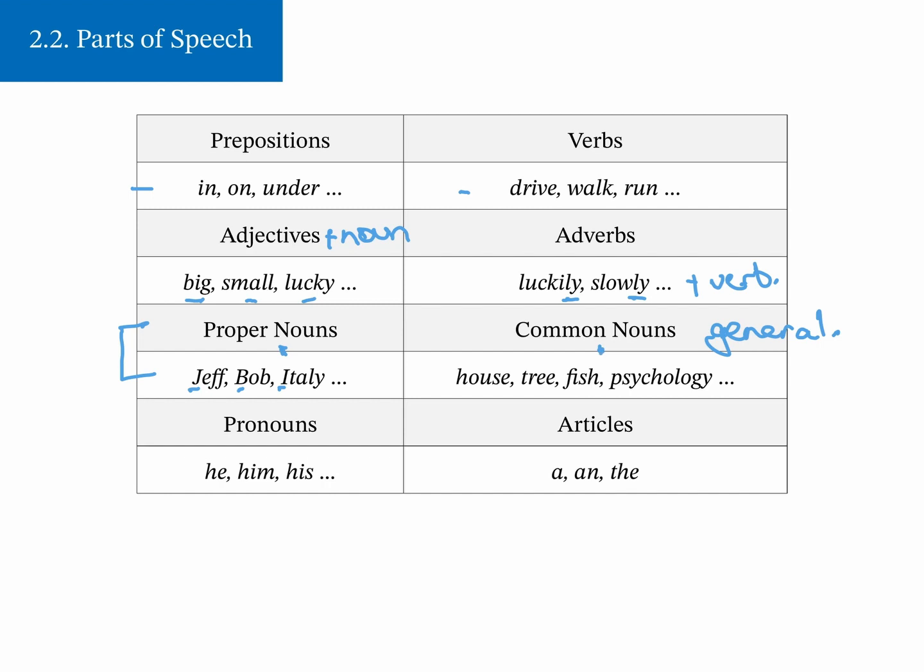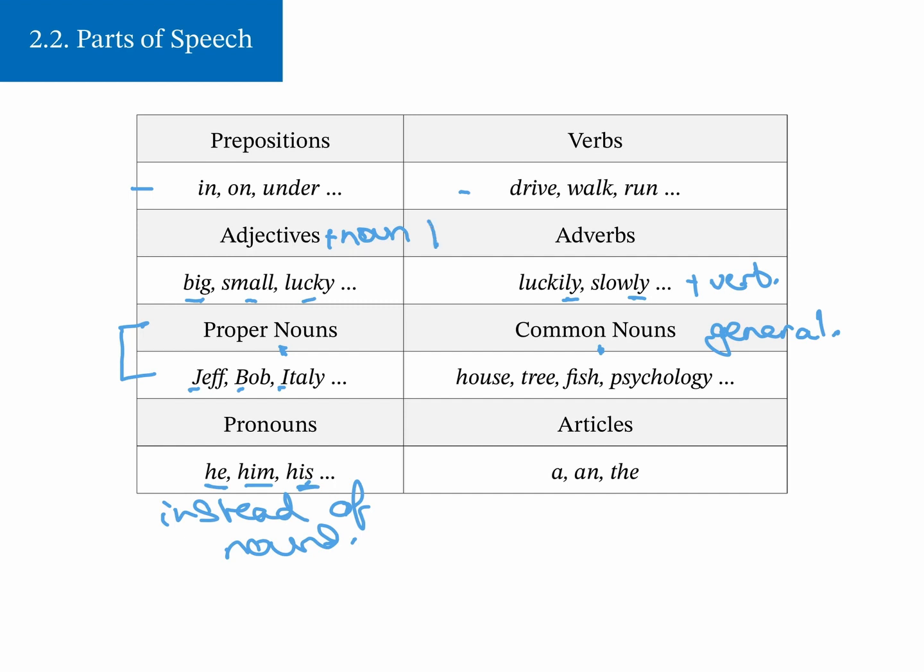Pronouns are words that we use instead of nouns. So, for example, he replaces the man or Alexander or a man, and so on. Him is an object pronoun. His is a possessive pronoun, as well as an adjective, but here a pronoun, possessive pronoun. And we have these articles: a, an, and the. And the only other one that I would like to mention while we're on this topic is, very briefly,